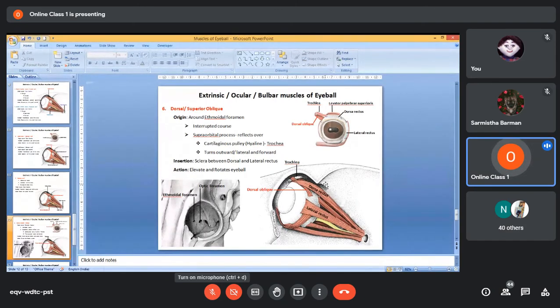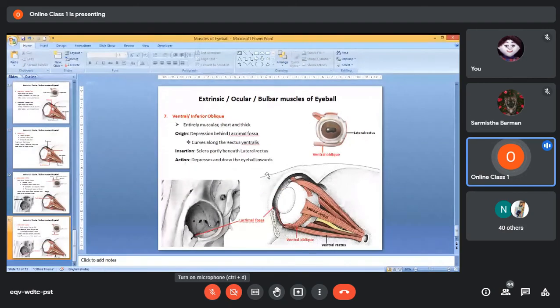Okay, and if you find the name, then you will know why that nerve has a particular name. You just remember this trochlea, the cartilage here, it is called the trochlea. So why the nerve has a particular name, you will understand by remembering the name of this cartilage. Okay, so that is your assignment. Assignment means what? You just check the notes that sir has given you, you'll find it.